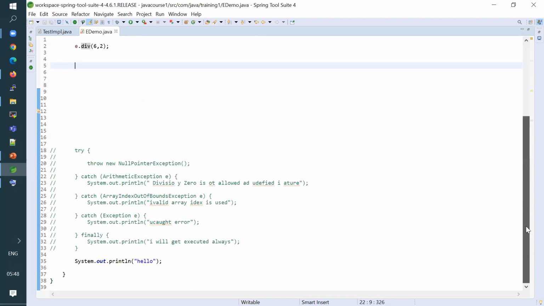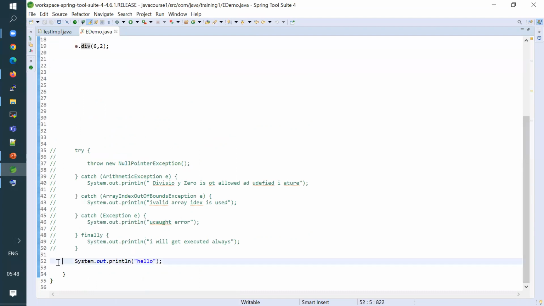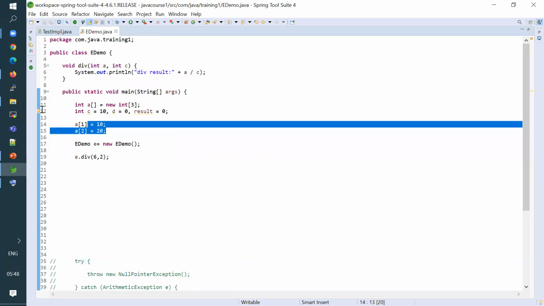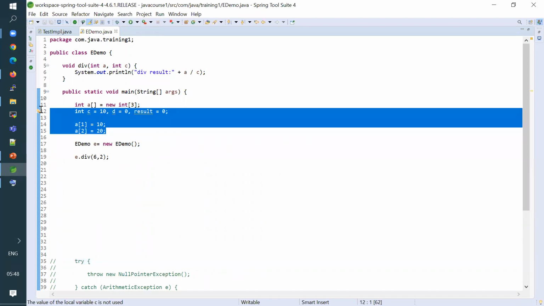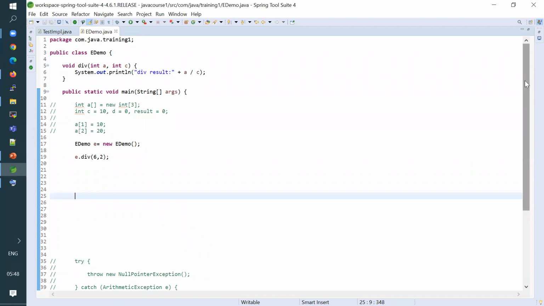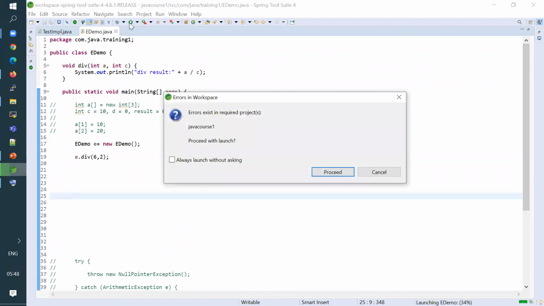So what will be the output here, guys? 3. Yeah, it will just print the result, right?